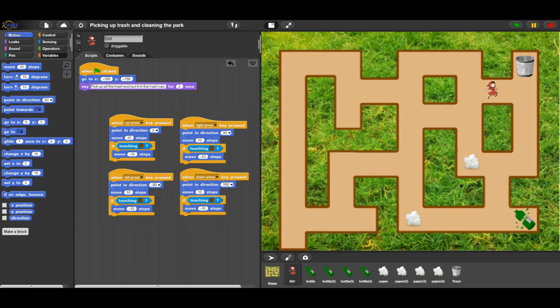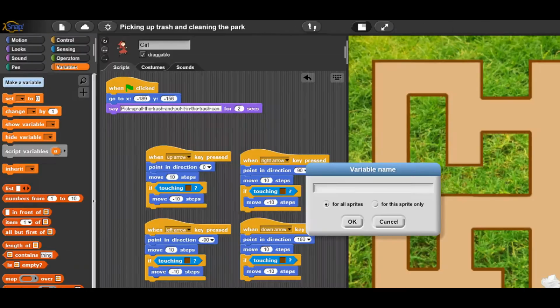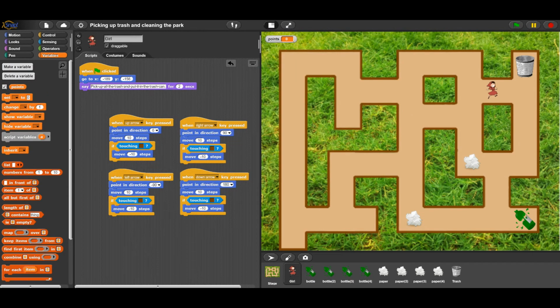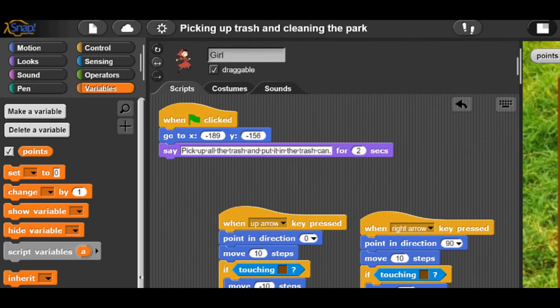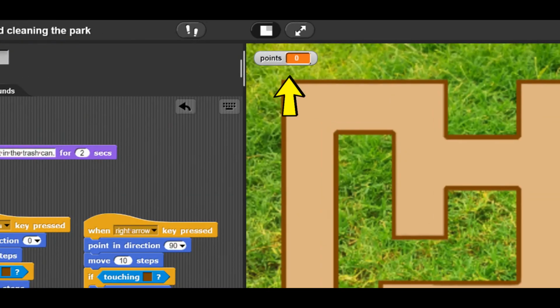We select an orange block variables, then click on the button Make a variable, write a variable name, and click OK. Then a block points appears. If the box is checked, the variable with its value will be visible on the screen.